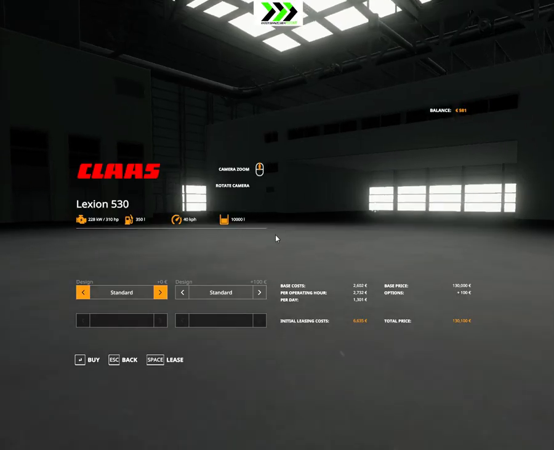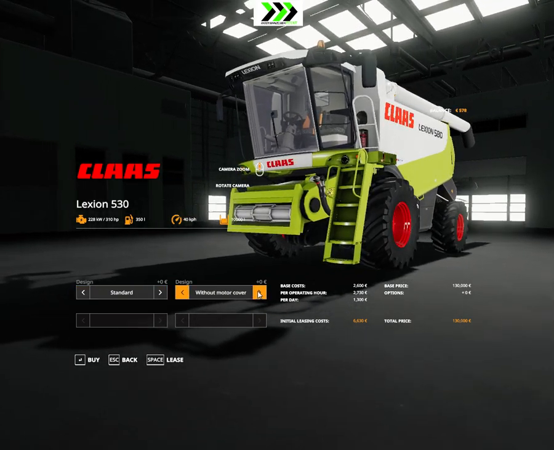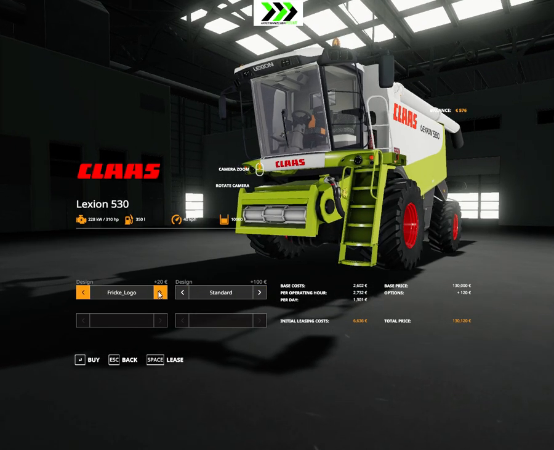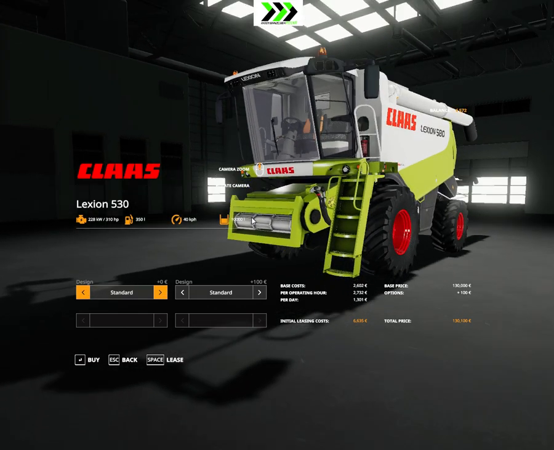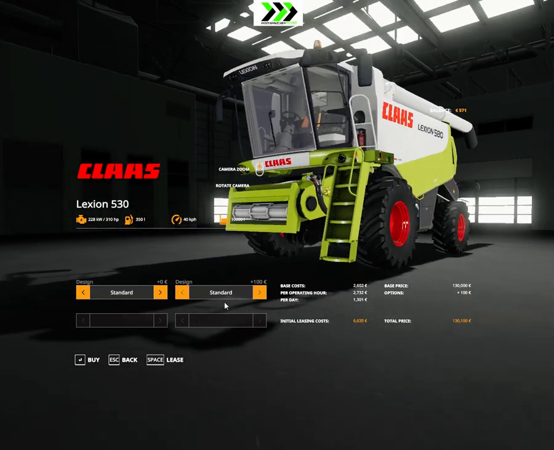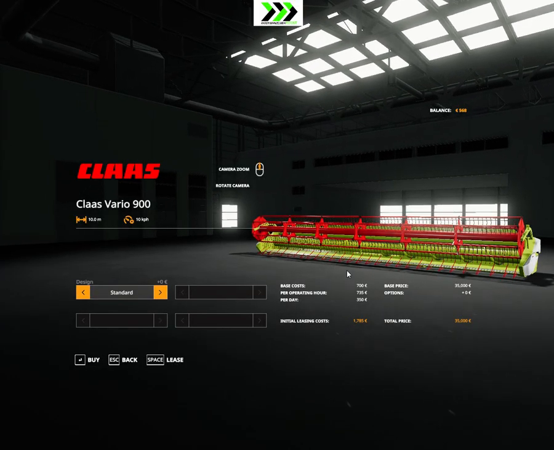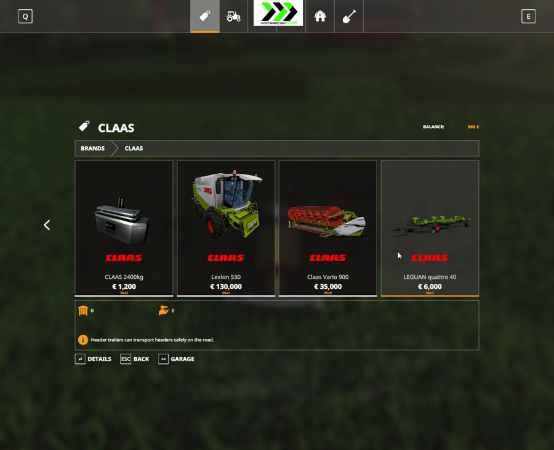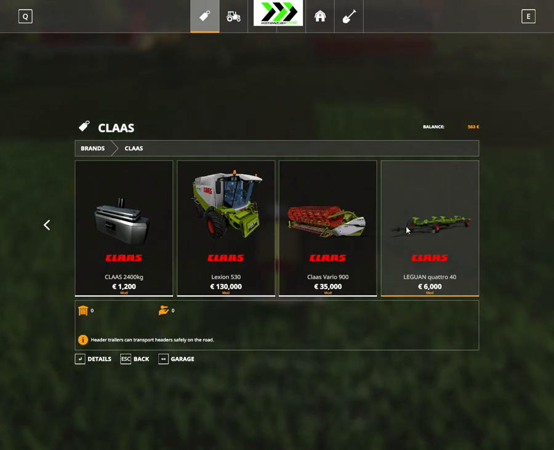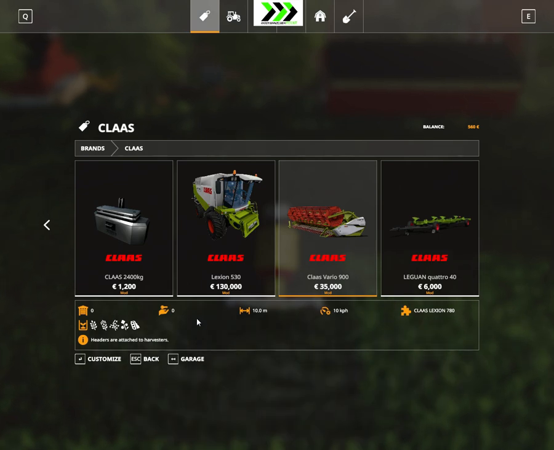Also, I'm thinking about getting this, the Lexion 580. Get it with wide tires if you want to. No, without motor covers. Get it with logos if you want to. So, really cool. It holds 10,000 liters, so it's really good. 310 horsepower, and it's really cheap. 130,000 for that, and 35 for this, so 165,000. And you probably need this one too to bring the whole thing around, but that's 6 grand, so that's 142, right? So that's a really cheap combine, and it's a 10-meter header, so it will quite